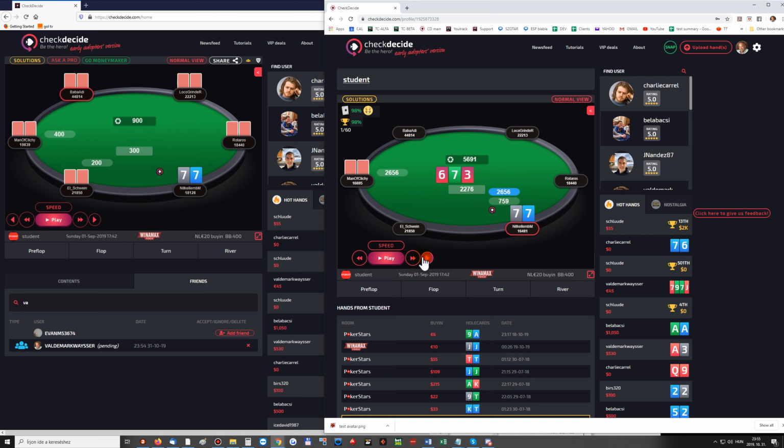So I can click the hand through, and whatever, let's say I fold here, and he called, and as you can see, my solution matched his decisions 79%, which took into account some of the sizing differences, just as well as one major step mismatching. So this hand is only 79% match, so this probably worth discussing. I'm not going to click through all the 60 hands, but I can show you